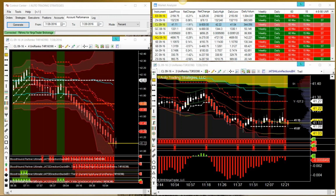Yeah, that's a complicated question to answer. When you say what is a trader, there's a huge spectrum. There are those mom and pop investors that will take stock tips and maybe only buy in one direction. They only know how to buy stocks, versus all the way to the other side where you have floor traders or quantitative analysis traders working for Wall Street, and everything in between. Bloodhound does require a little bit of knowledge of technical analysis in order to navigate different indicators and that sort of thing. So it's not really intended for the mom and pop type traders that are just barely learning, scratching the